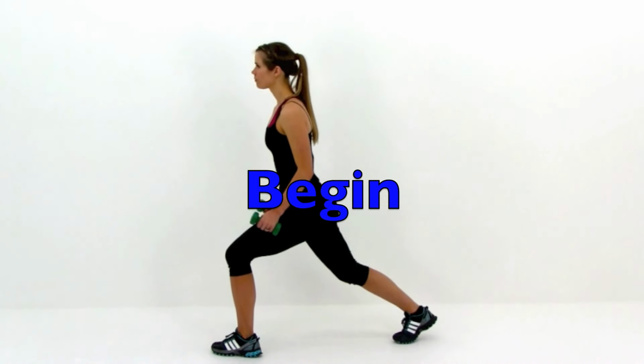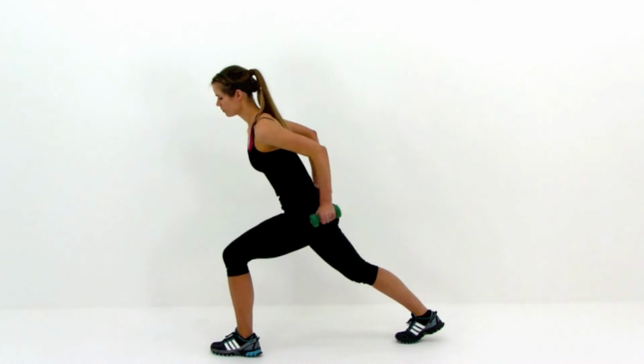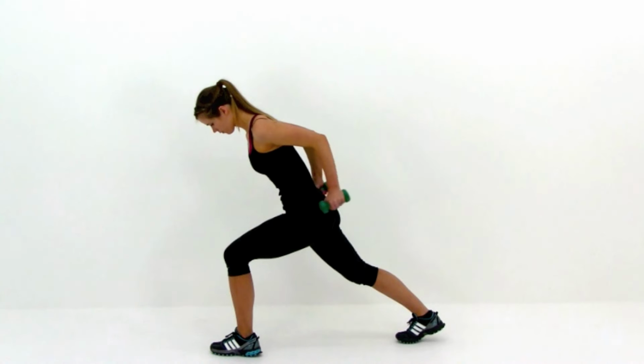And begin. Go ahead and step into that lunge position. That front leg, you want that knee pretty close to about a 90-degree angle. That rear leg, you want that knee just slightly bent, almost completely extended straight back behind you, and then hold